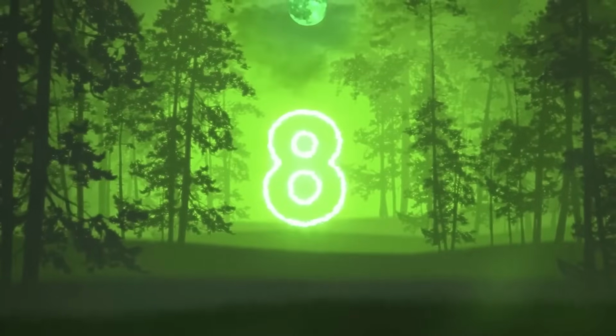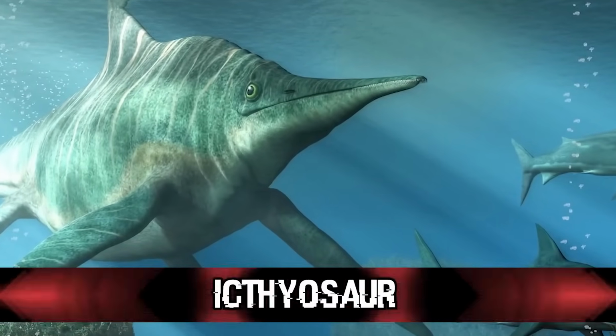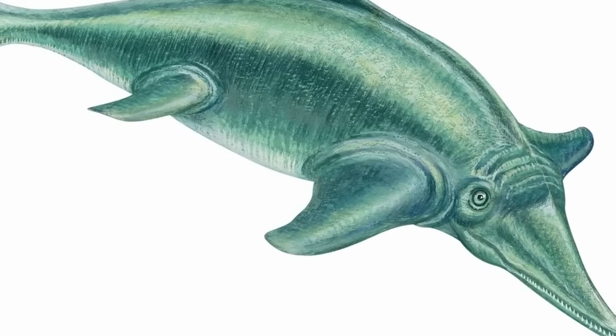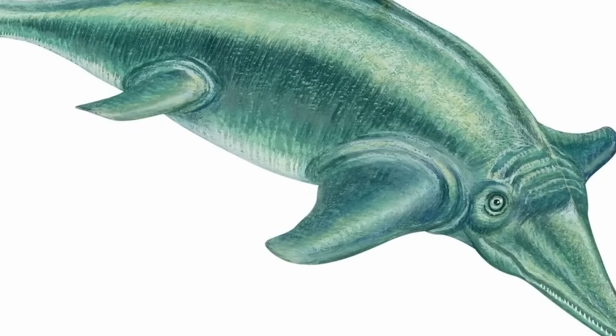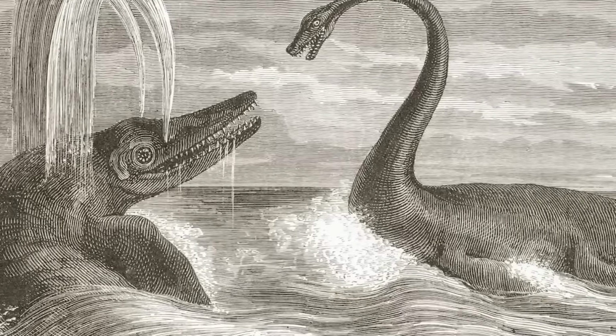Now, who said giants have to be human-like? In 2021, the two-meter skull of a new species of giant ichthyosaur was discovered, the earliest known. While dinosaurs ruled the land, ichthyosaurs and other aquatic reptiles ruled the waves, reaching similarly gargantuan sizes and species diversity. Ichthyosaurs derive from an as yet unknown group of land-living reptiles and were air-breathing themselves, says lead author Dr. Martin Sander, paleontologist at the University of Bonn and research associate with the Dinosaur Institute at the Natural History Museum